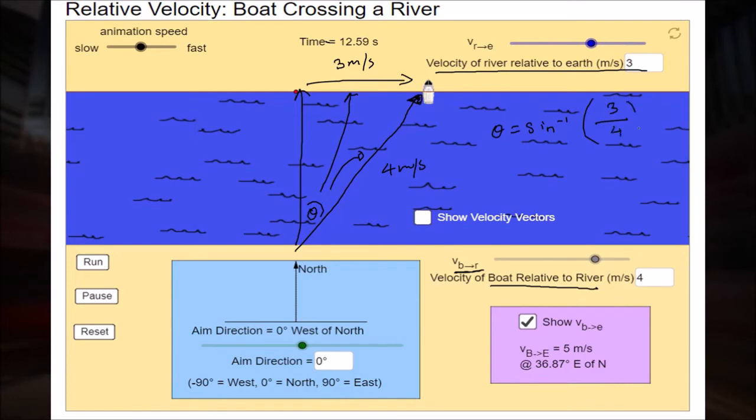The hypotenuse is 4. So if we have a look, 3 divided by 4, according to this, the angle that we need to travel is